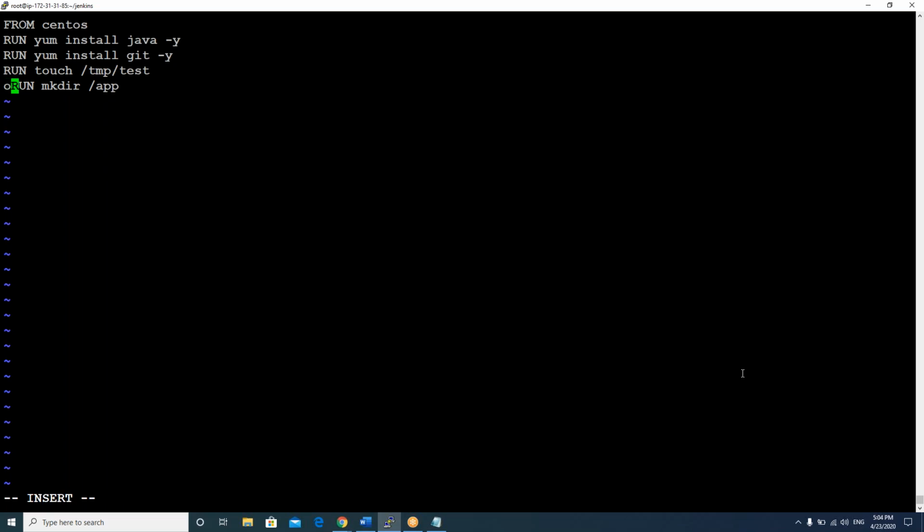Add one more line at the end: ADD. ADD is the directive, and then your source file. Which file do you want to copy? That's Shravani, whatever file you want to copy from your Docker host to the Docker container image. Then a space. In which directory do you want to place it? That directory name, maybe /app. You already created the /app directory in your image, you can see that above. In that directory I want to copy this Shravani file. Now enter it, save it.